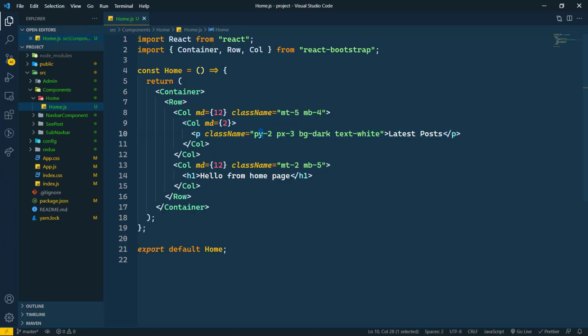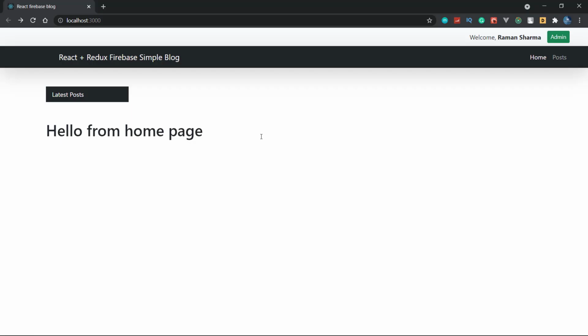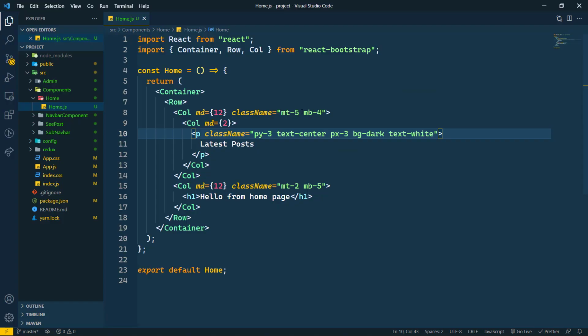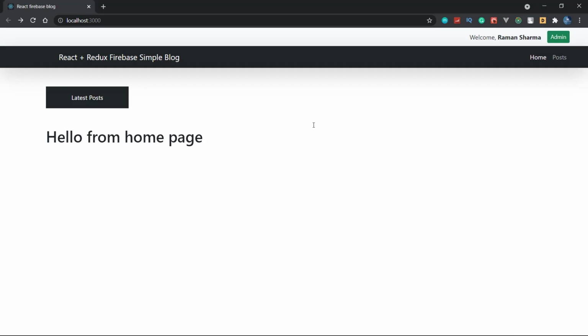Here I'm going to add padding y3 also, and text center. Save this. Now we want a border here also, so I'm going to write border bottom. Save this. See that we are getting this type of border here,